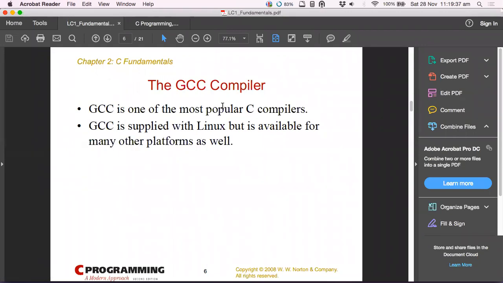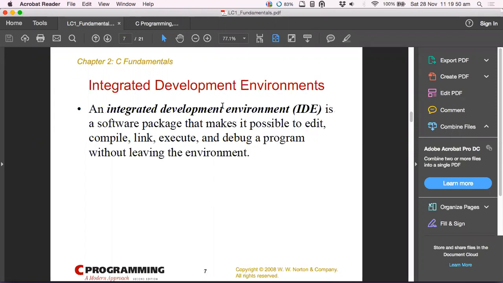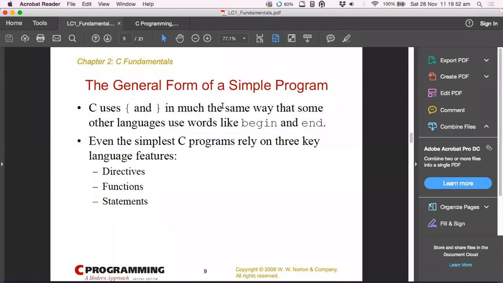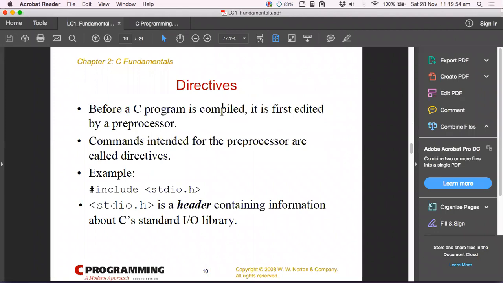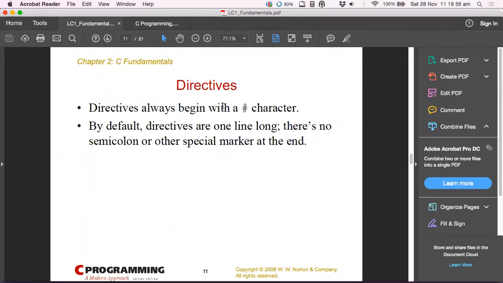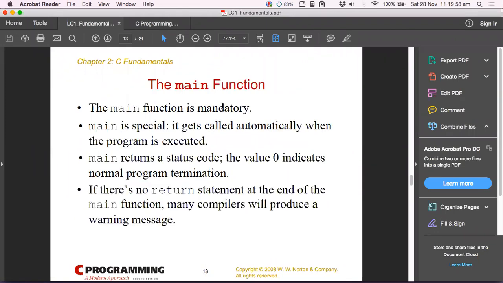GCC is not just the compiler; it will also call the linker, the preprocessor, and the compiler. Main function is mandatory, main is special.